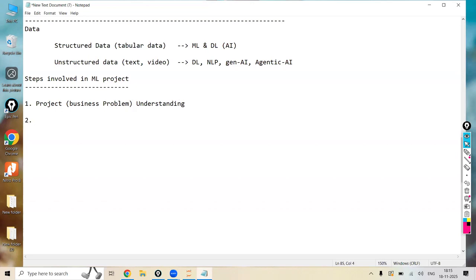Step two is extract, where we are going to extract the data, whatever data is there, from the data source. Wherever the data is available, we are going to extract the data from the data source, like Excel or .csv files or database files, if the data is in a database. First, we are going to extract the data from the data source. After extracting the data from the data source, then we have to do the data exploration,